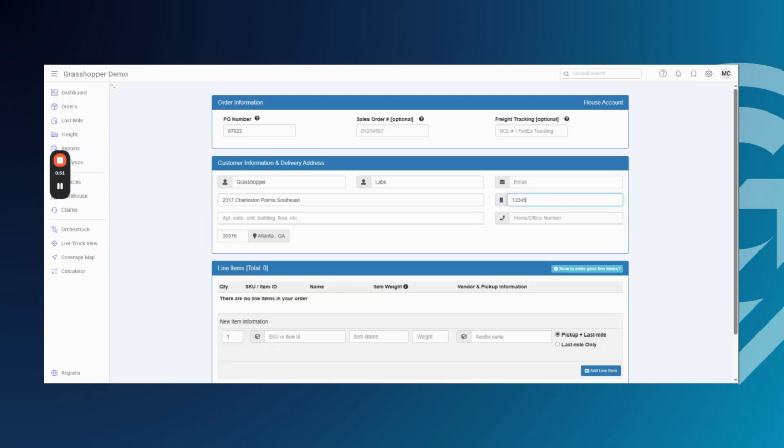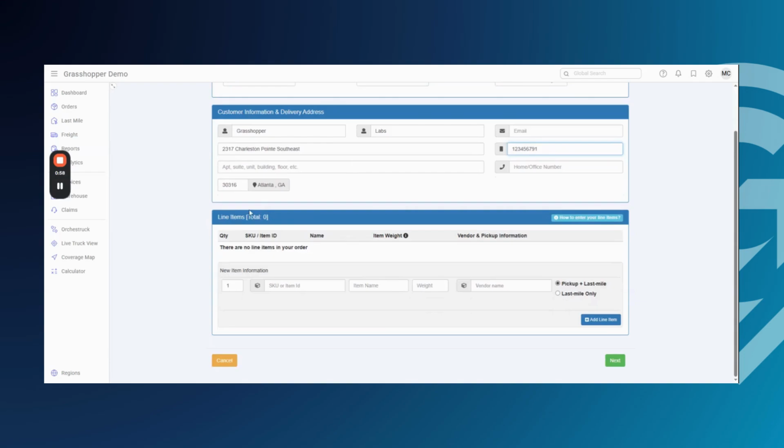We need at least one mobile number inside of this field. Email and secondary phone number are optional. Then below, when we reach our line items, we'll begin to build out our order. The first thing we start with is the quantity, the SKU, the item name, the weight,